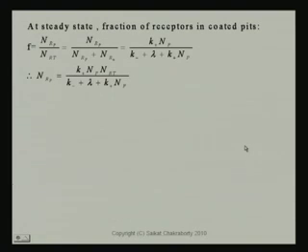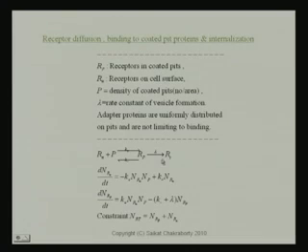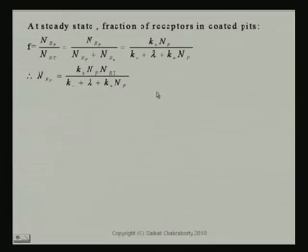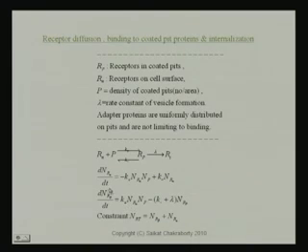So at steady state, nRp, the fraction of receptors in the coated pits, is given by nRp over nRt. Okay. Because of the constraint, it is nRp over nRp plus nRn, and that is given by this expression. At steady state, if you equate these two equations' left hand side to 0, you can come up with the relationship between nRp and nRt. That is what we have done over here. So nRp over nRt could be written in terms of k plus Np, and Np is related to the protein density on